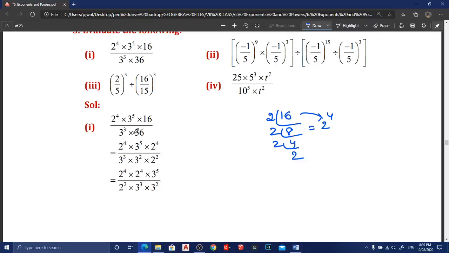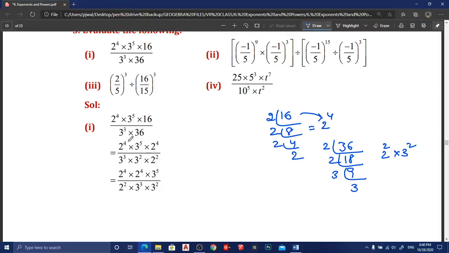Next, here this 36, how can you write this? Again you take the prime factors. 2 18s, 2 9s are 18. Here we cannot divide again with 2, so use the 3 here. 3 3s are 9. Now you can write this 36 as 2 into 2, 2 square, into 3 into 3, 3 square. You can write this as 2 square into 3 square like this. Okay, so in place of 36 I am writing 3 square into 2 square, because you can use the formula. I am writing these two numbers together. Okay, 3 cube into 3 square into 2 square.